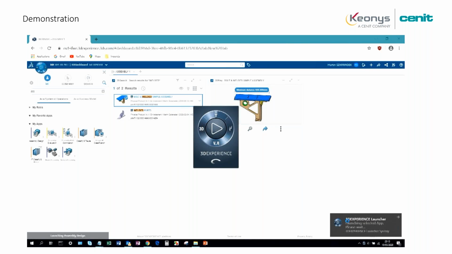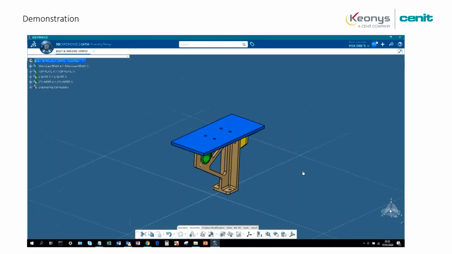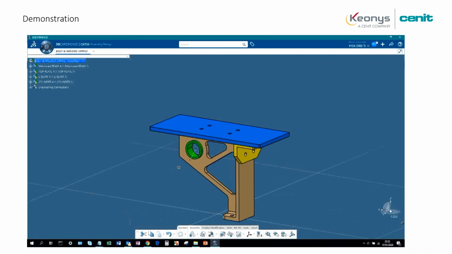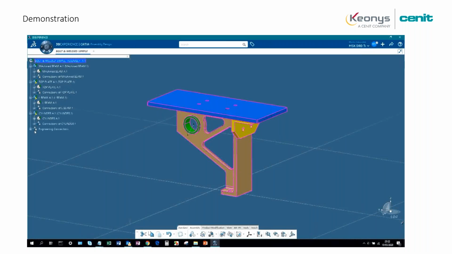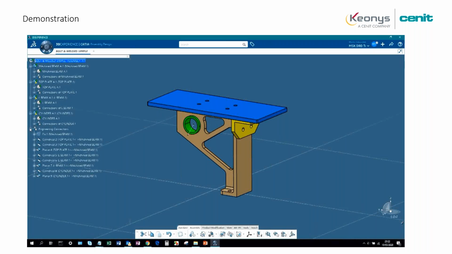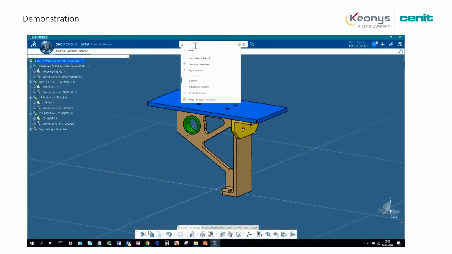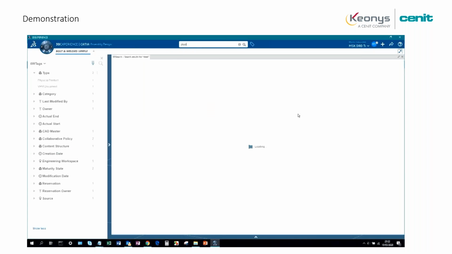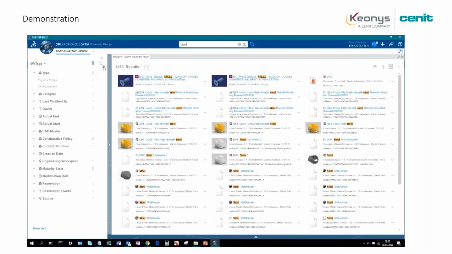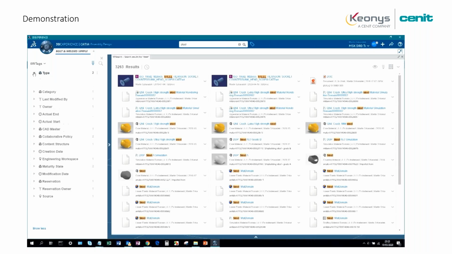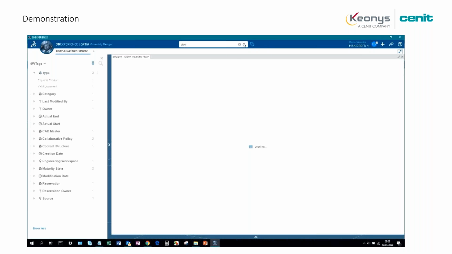It's the equivalent of CATIA V5 for the people that know CATIA V5. So on the left, you will see the same tree as in CATIA V5 and more or less the same environment as CATIA V5. And also you have the engineering connection here. The first step is to add material on your model, because on this part we don't have any material.